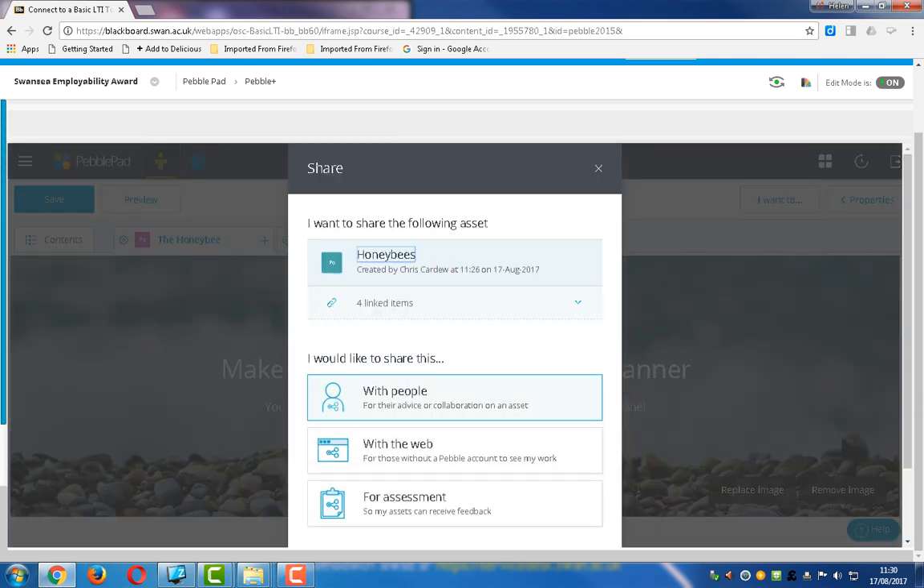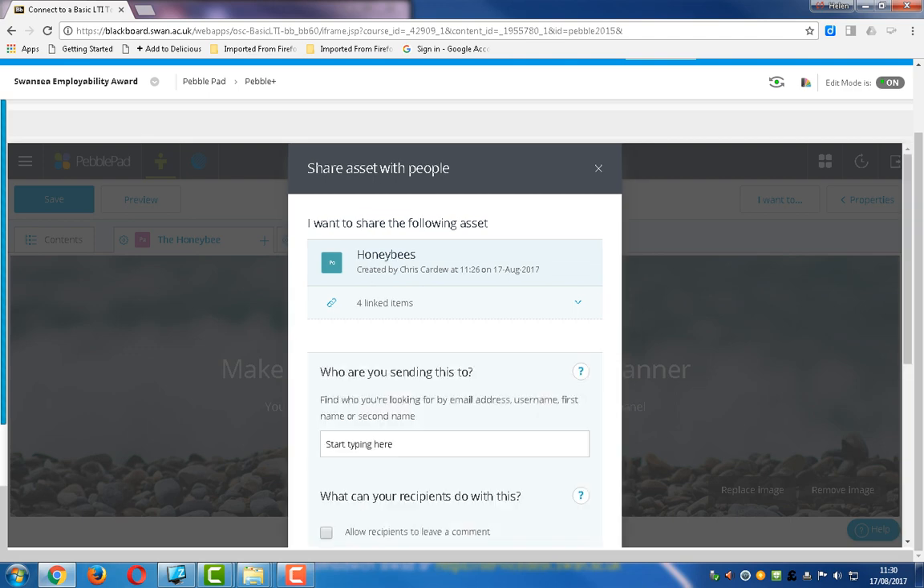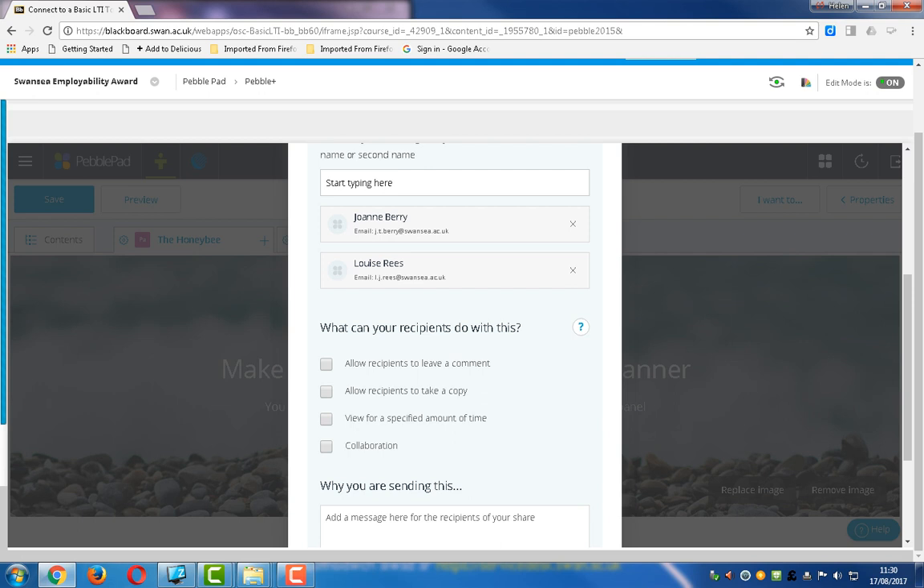Now this time it's with people that I want to collaborate with. So I'm going to collaborate with 2 people. Now if they've got accounts in PebblePlus, just typing them will bring them up. If they haven't, then you'll have to type in their student number, email address, and find them. So in this case I'm going to find Joe Berry, and I'm going to share it with someone else called Louise Reese. There's Louise, so if I click on Louise,